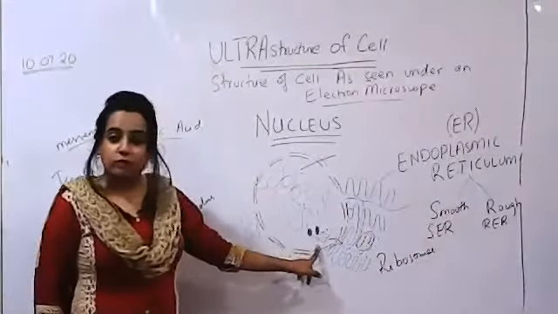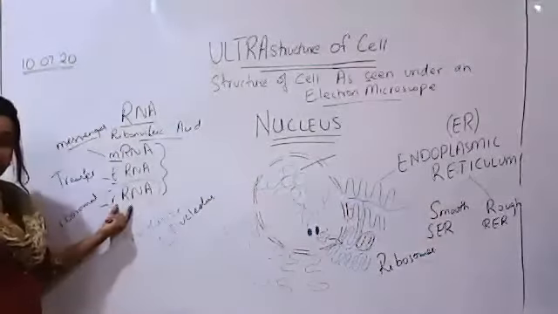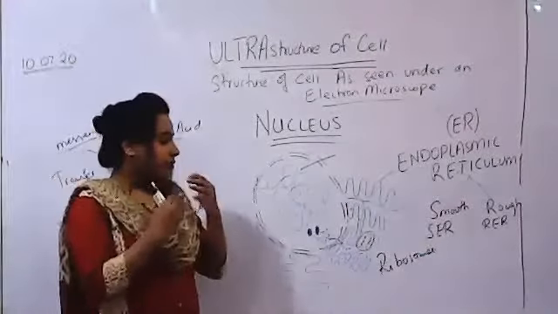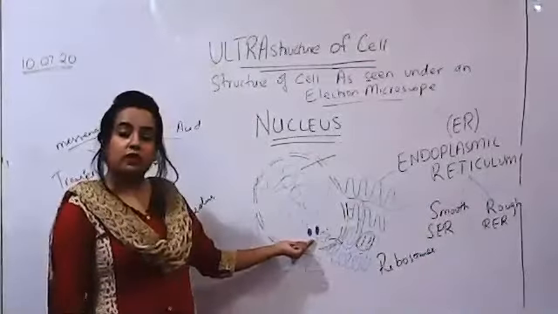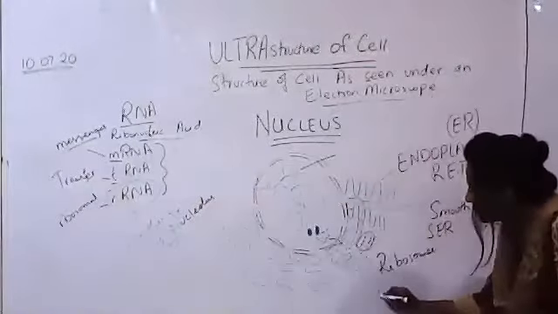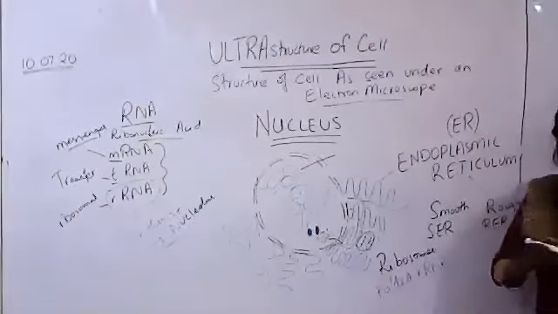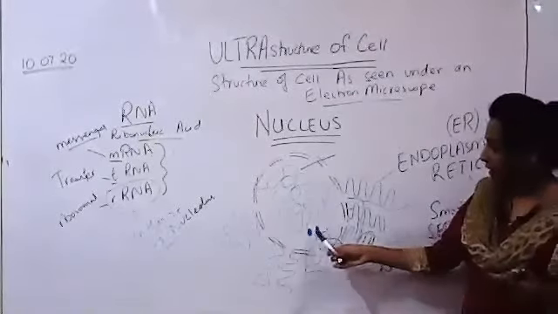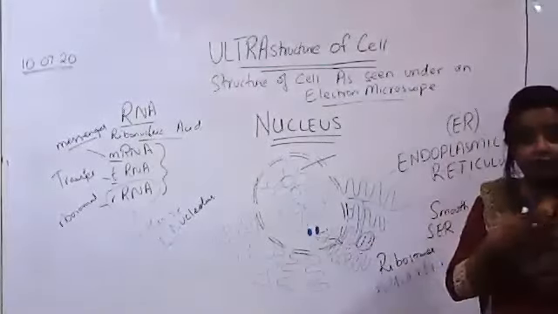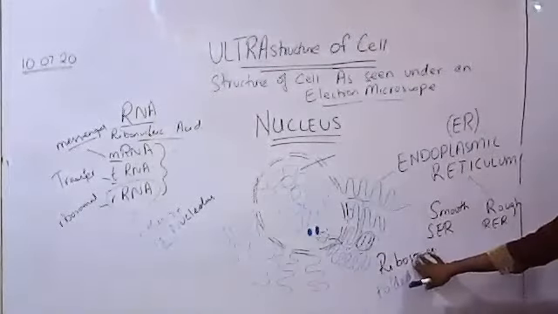Nucleoli are making ribosomes. We will talk about what ribosomes are. Ribosomes are basically what? Ribosomal RNA. Actually, the nucleolus is making RNA. That RNA folds, and the folded ribosomal RNA is called ribosomes. So you can define ribosomes as, what are ribosomes? They are basically folded ribosomal RNA. So ribosomal RNA is made by the nucleoli. On its way out of the nucleus, it gets folded, right? The folded ribosomal RNA is termed as ribosomes.